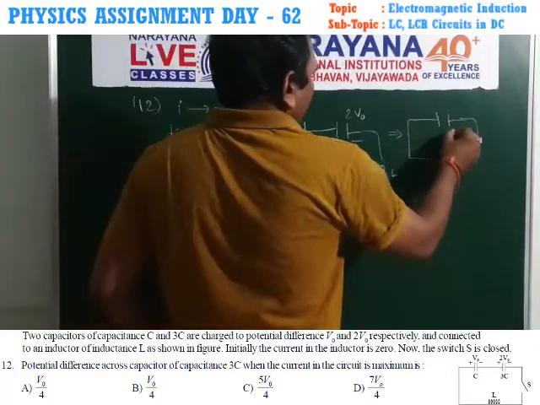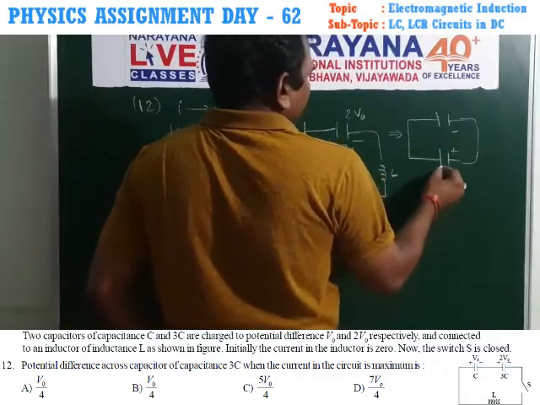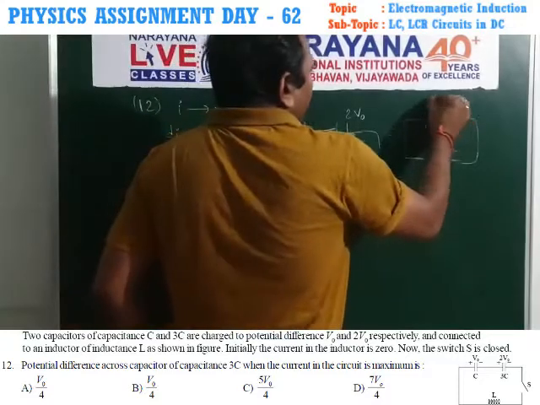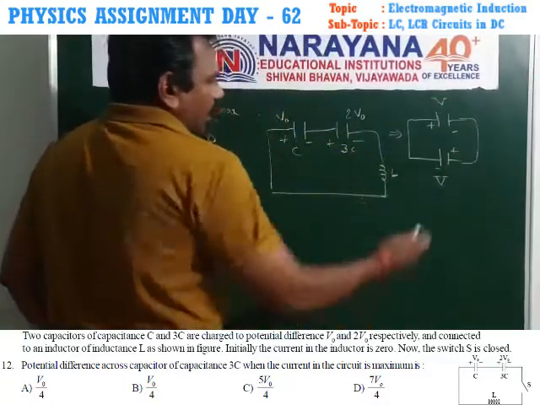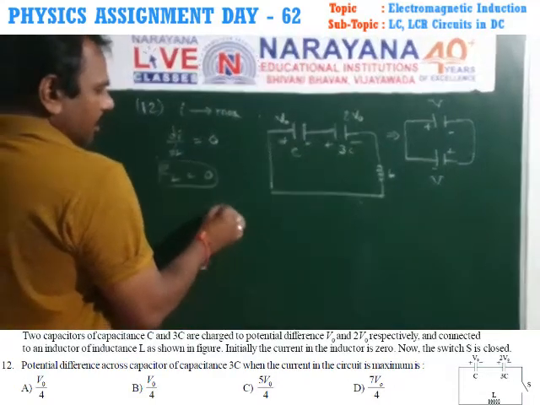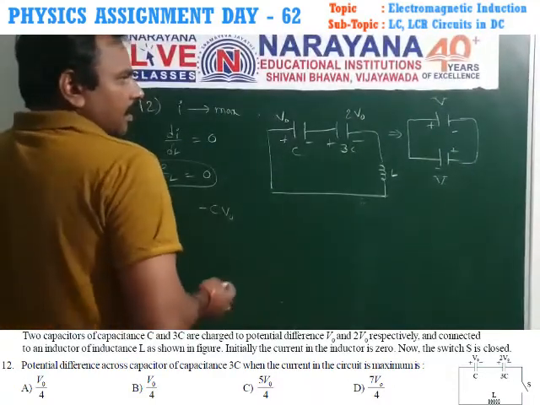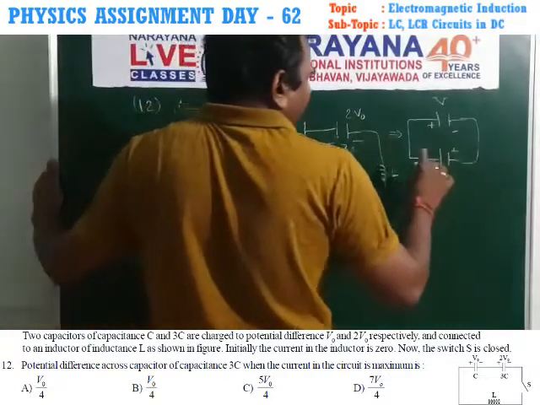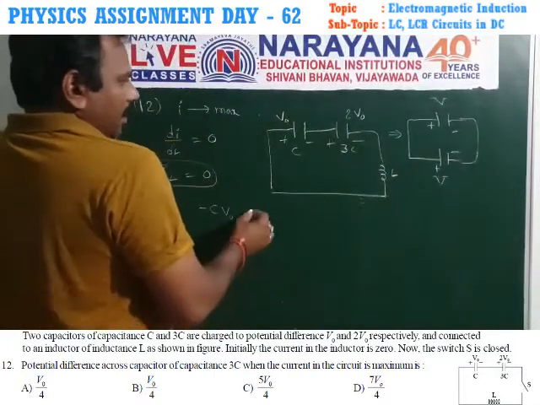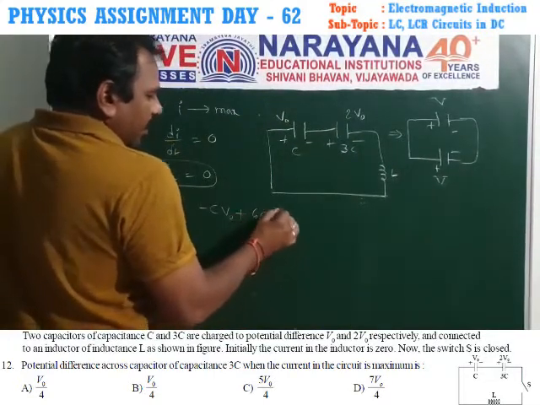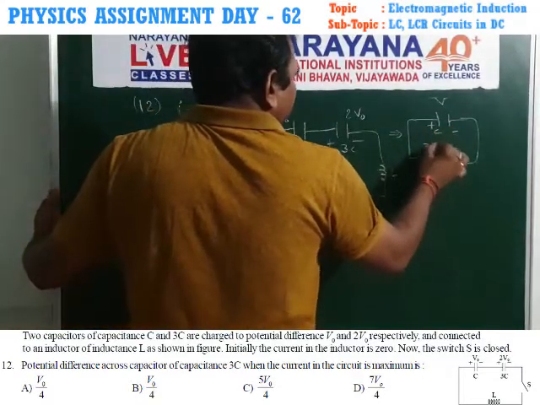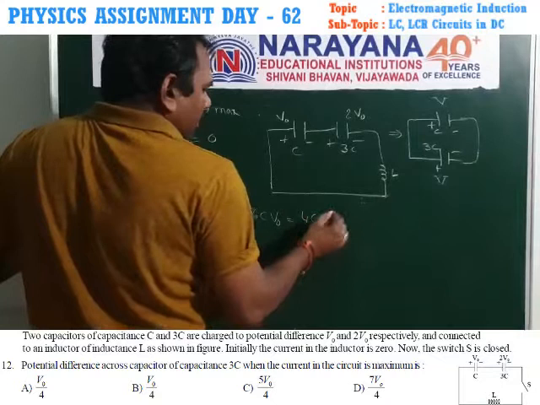So this is negative terminal, positive, and it is negative and positive here. Both are attached to the same common potential, V potential, and it is also V potential. So before connection, after connection, already you know this is minus CV0, the charge. After arrangement is positive plate and it is also negative plate. So minus CV0 plus 6CV0 is equal to C plus 3C, 4C into V.